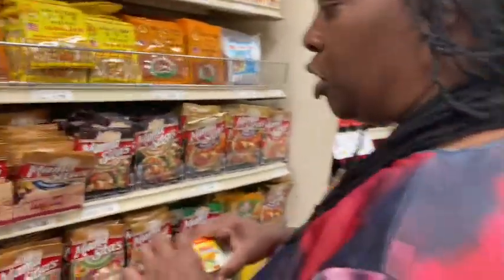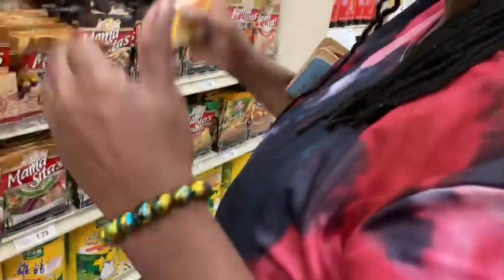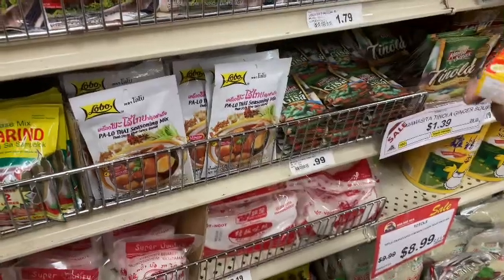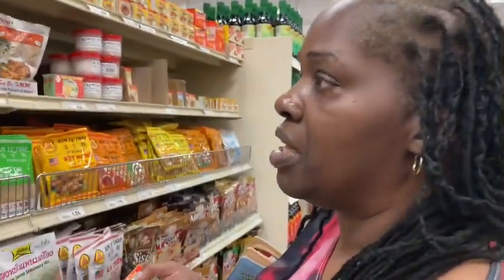And these are little cubes, and you just put them in the water, and then you start building your soup. Or you can buy one of these, the pho Thai seasoning. You can add a thing. Trying to think if they got it. See, every store is different. The store in Austell, I know exactly where everything is. I don't know this store that well, so I'm just gonna go with this right now, and this is all